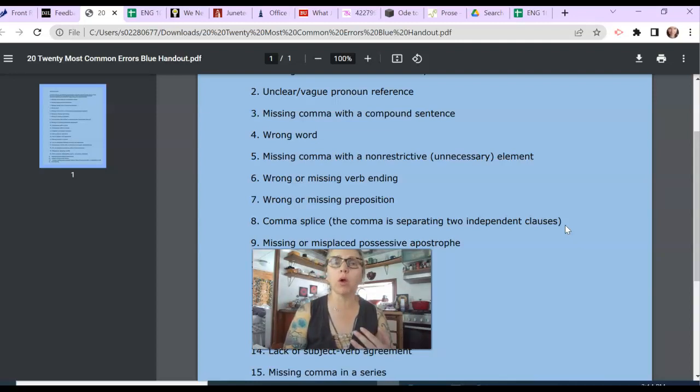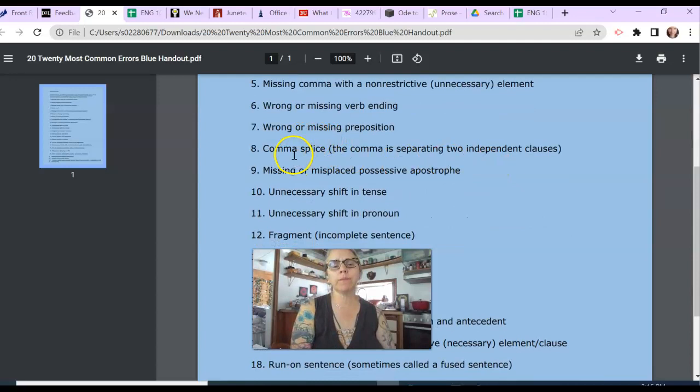It could mean you actually have the wrong word that has the wrong meaning. It can mean you have a typo, like you've typed a word that's not the one you actually meant to use, but spell check didn't catch it because it wasn't spelled wrong. It could mean you need a plural noun, but you don't have the S on the end. It could mean you have used the author's first name when you don't need it, when you're referring to the authors of the primary sources or any of your sources for that matter. So wrong word is used in a lot of situations.